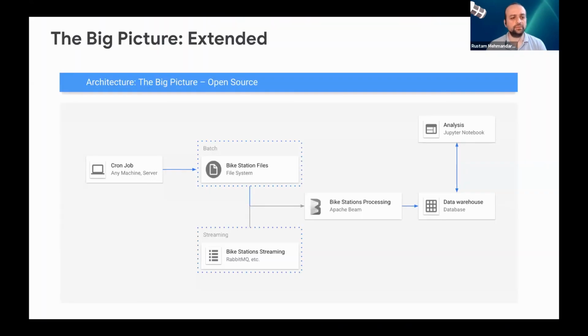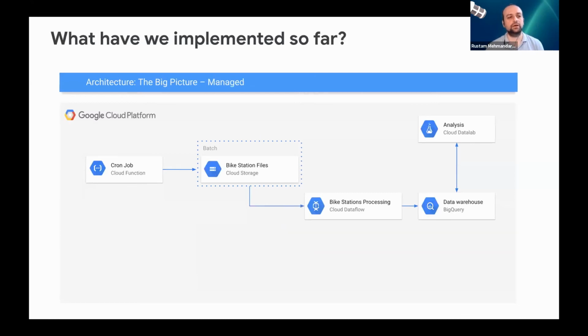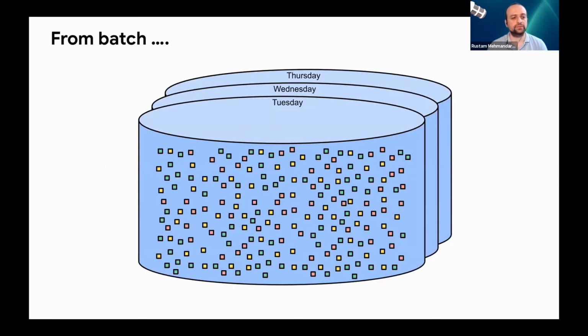So now we had this big picture. This is the big picture we started with. And now we had this, where we do batch processing, put it into a pipeline, put it in a data warehouse and visualize it. And then there is also this concept of going from